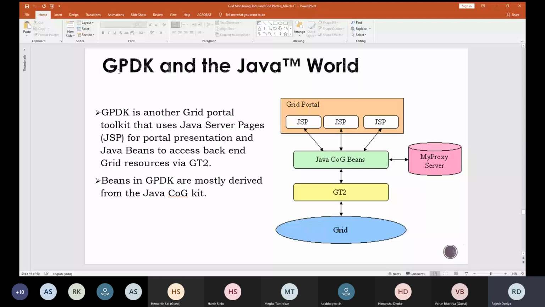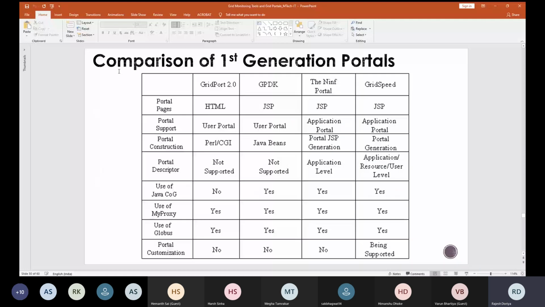And this is the comparison between these first generation grid portals. So we have discussed GridPort 2.0, we have discussed GPDK, and two other grid portals such as NINF and GridSpeed are also there. So this is a comprehensive chart which shows the comparison between these four types of first generation grid portal implementations.